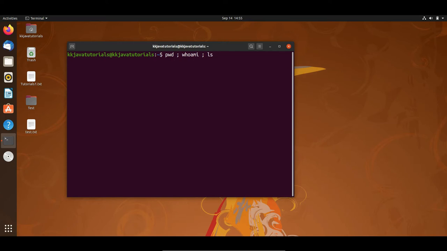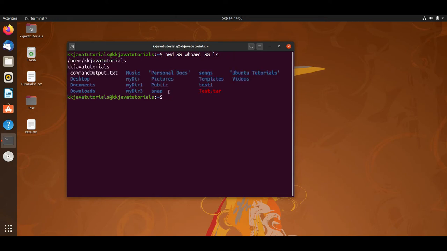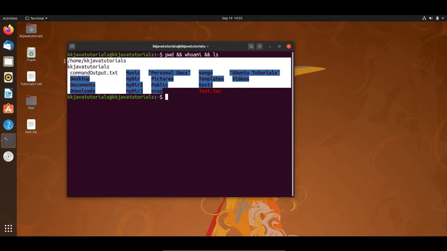Second way, we can use ampersand. This is a kind of logical and. Instead of a semicolon, you can give ampersand, and if I run this command, I again get the same output, right?